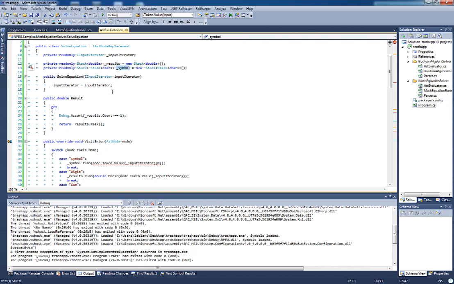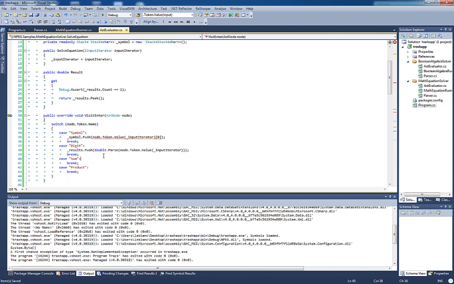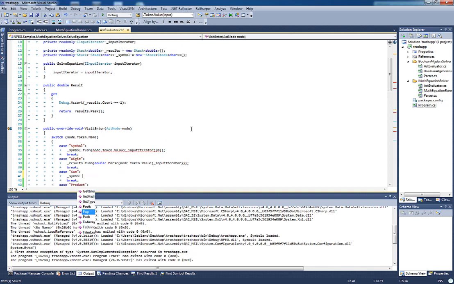There you go. So here we'll start a new stack each time we enter that, and we'll push